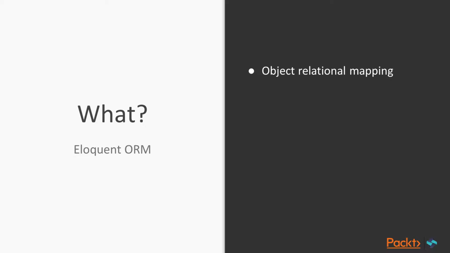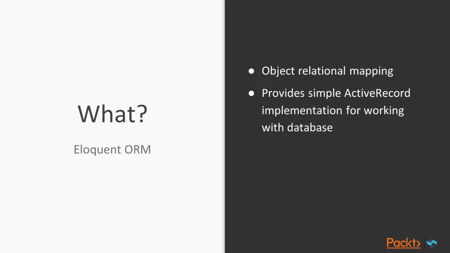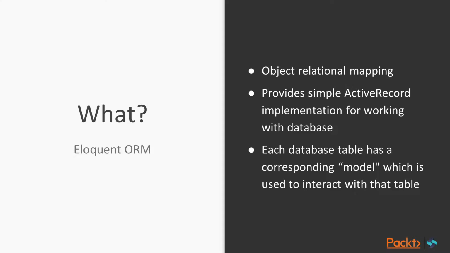It is nothing but an object relational mapping framework provided to easily work with databases and CRUD operations. It actually works with an active record implementation, where for every model in your PHP application there is going to be a corresponding database table, and the table and model interact with each other, providing all the CRUD operations. So now let's get started and update and create our configuration files, create a database, and create